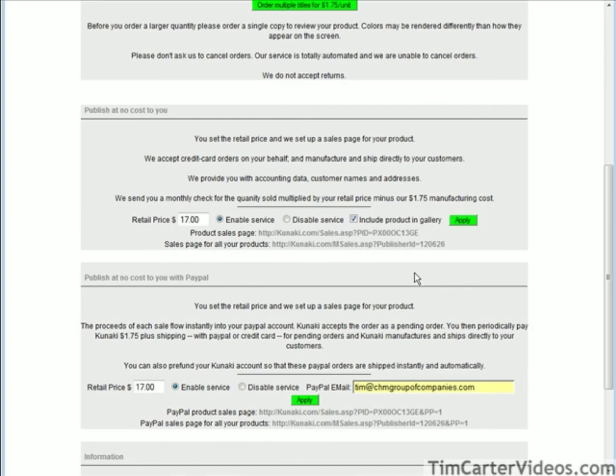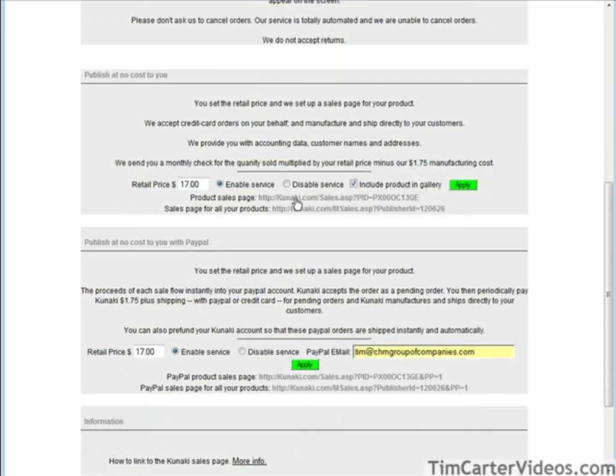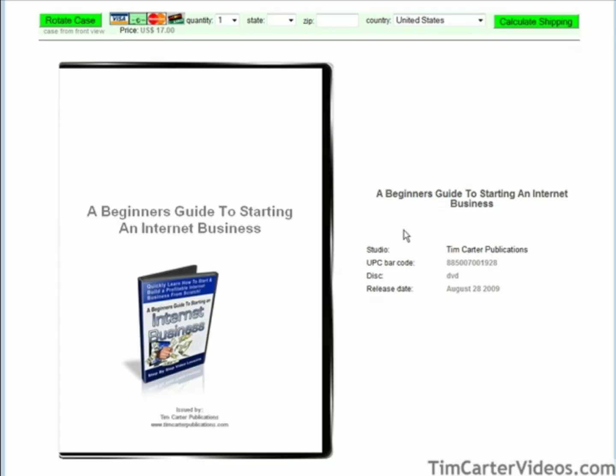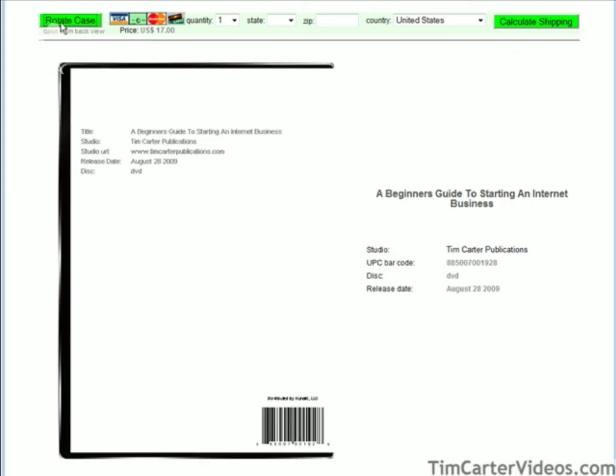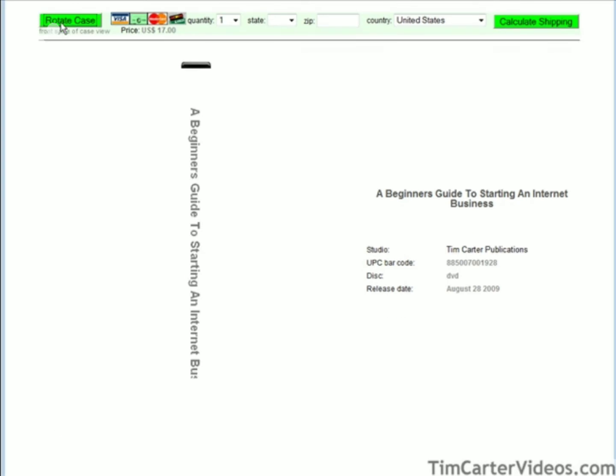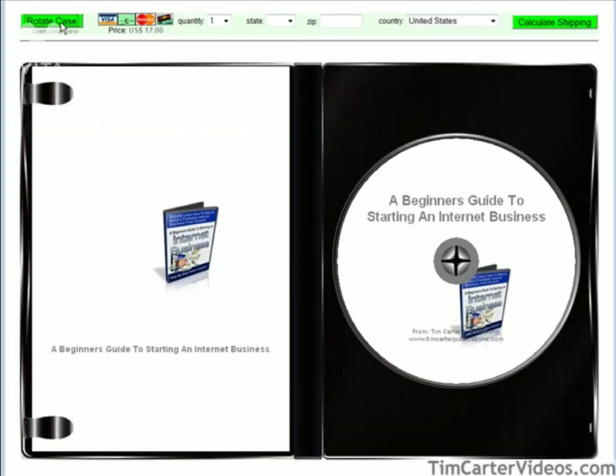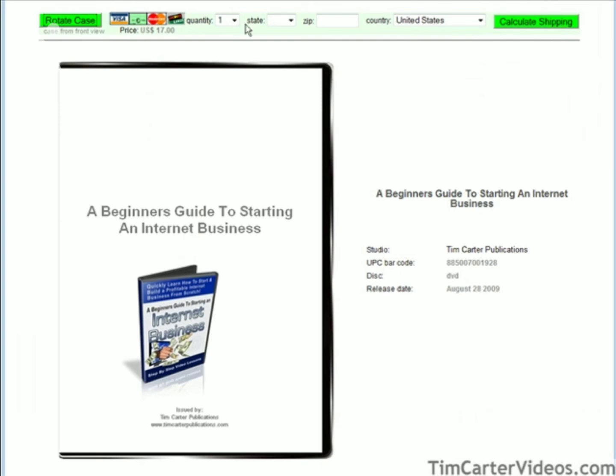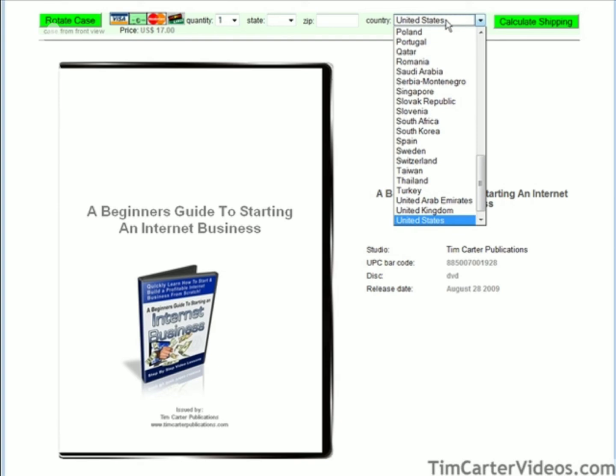Okay, now we have some different websites here that are used. For instance, if we're going to use the Kunaki shopping cart, we have two URLs here. We have the sales page, which is the sales page that they provide for you, and it has all the details that you put on the design screen here. They can also rotate the case, look at what's in the case, look at the DVD, etc. Then up here, they can order their quantities, and they pick their country here,